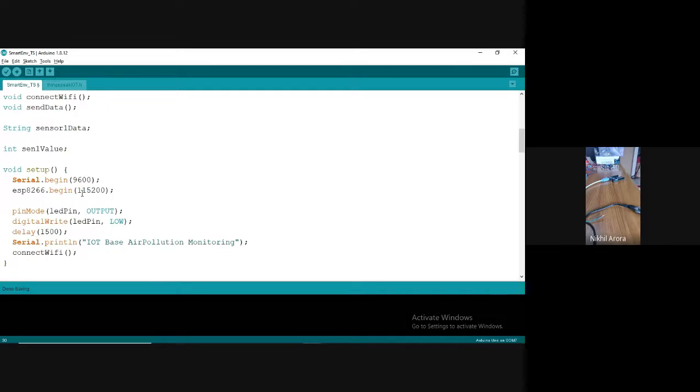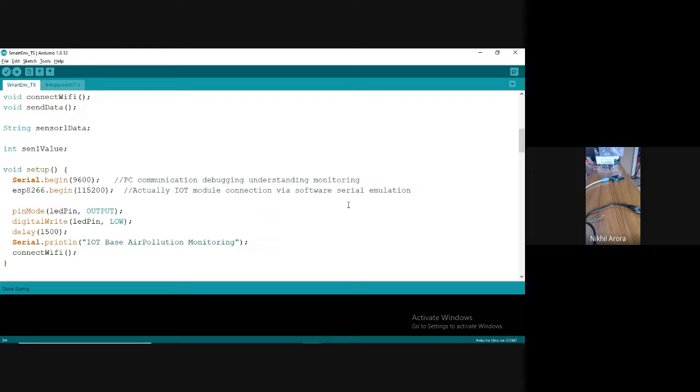Okay. Now, Serial.begin for PC communication. I write here: PC communication, used for debugging or understanding what is happening in the system, or monitoring. Okay, this is actually the IoT module connection via software serial, or you can say emulation.